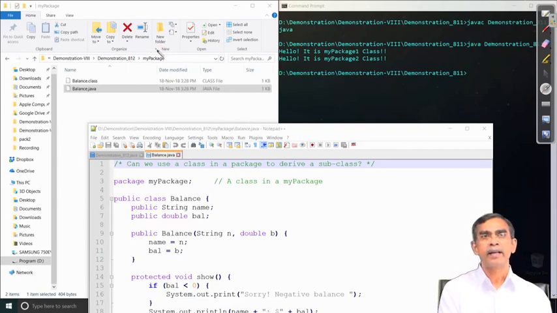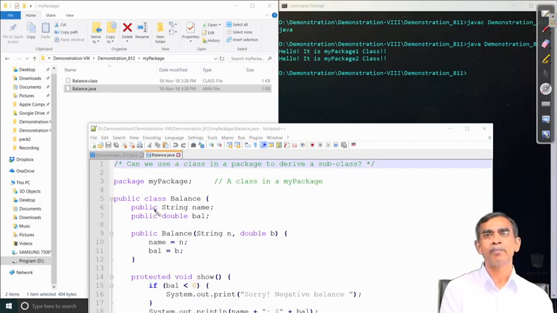Now, let us consider a package mypackage which includes one class belonging to it, named Balance. So, a class is already there in the mypackage directory, and the name of the class is Balance. Our objective is to derive some classes from this class Balance as a superclass.